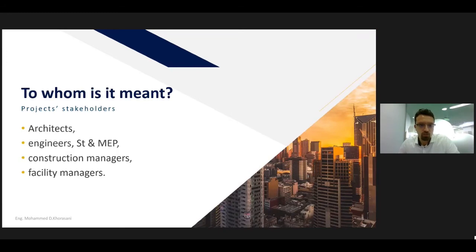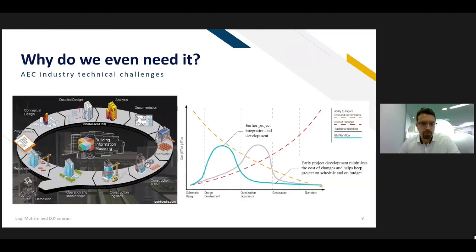And to whom is this process used? It can be used by the architects at the really early stage, and then the engineers, MEP or structural engineers, construction managers, and the facility managers. They can all benefit from adopting this type of process, which, as we see here, the same graph